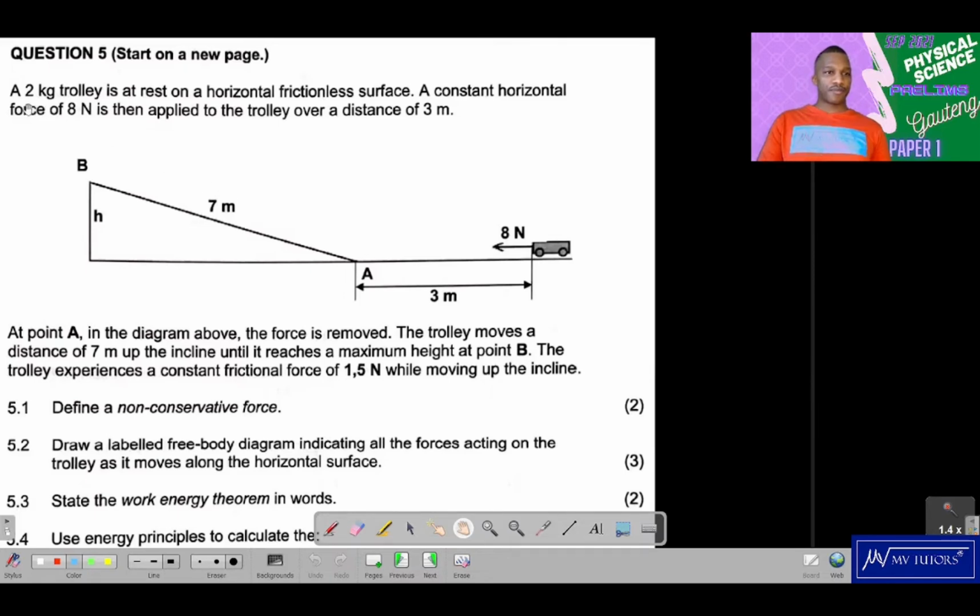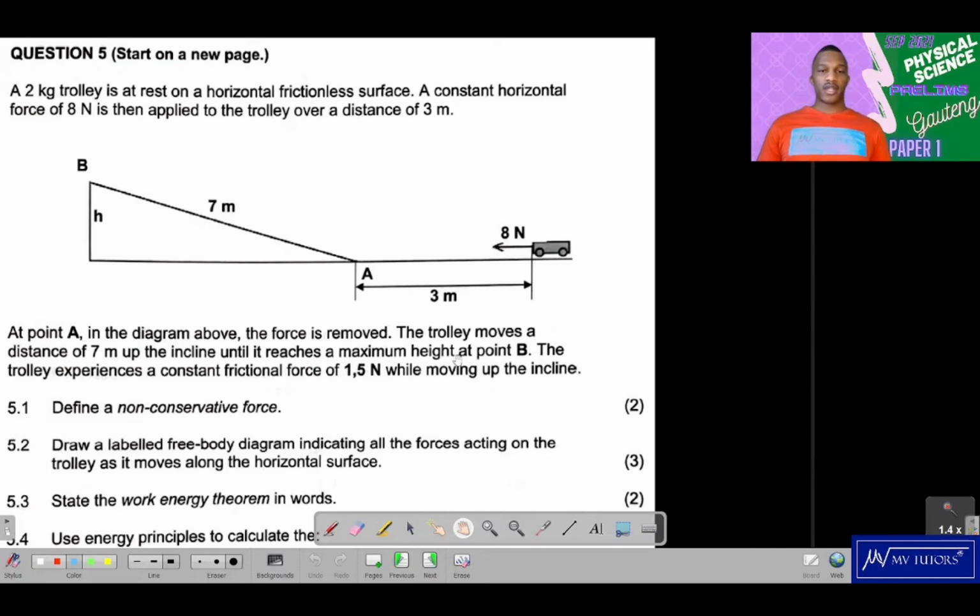Question number 5. A 2 kg trolley is at rest on a horizontal frictionless surface. A constant horizontal force of 8 newtons is then applied to the trolley over a distance of 3 meters. Okay, we can see that right here. They showed it. At point A, where's A? There it is. What's happening there? In the diagram above, the force is removed. Okay, the trolley moves a distance of 7 meters up the incline until it reaches a maximum height of,